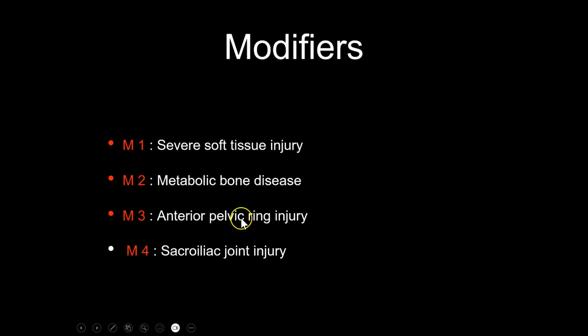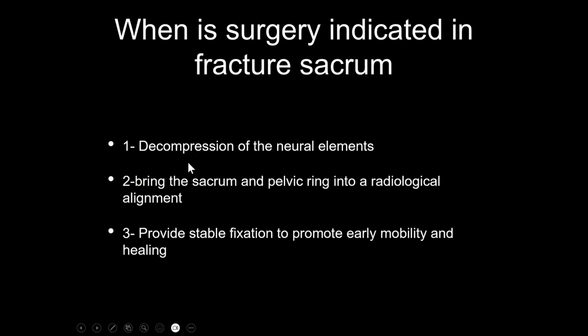Not only the sacrum, but the pelvic ring, like the symphysis pubis, like the ischium, is injured also, that is M3. And if the strong joint of the body is injured, it is M4. These are the modifiers. So, as I said, I cannot give a strong algorithm, but we can have some hints